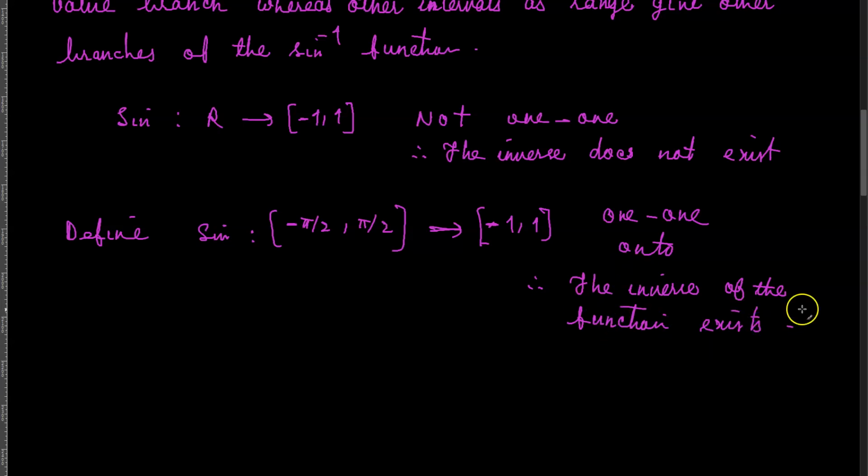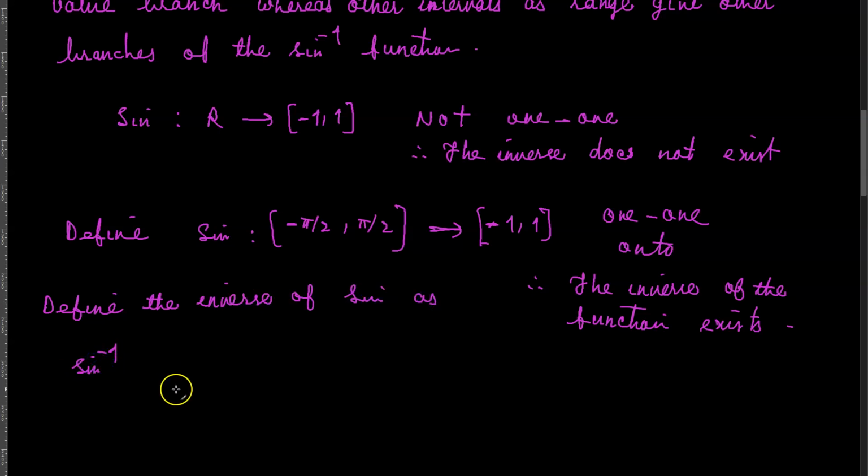Since the inverse of the function exists, therefore I can define the inverse of sine as sine inverse, which is the arc sine function, as basically negative 1 to 1 back to negative pi by 2 to pi by 2, right? And this function,